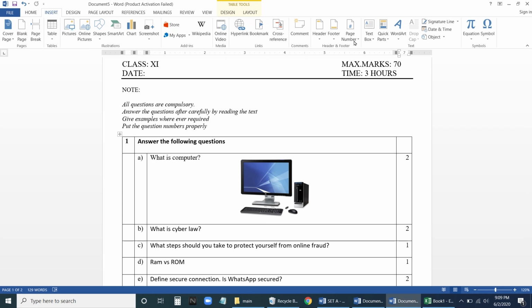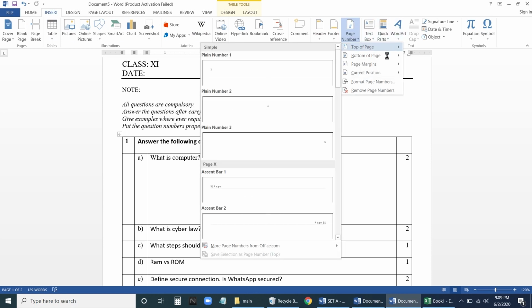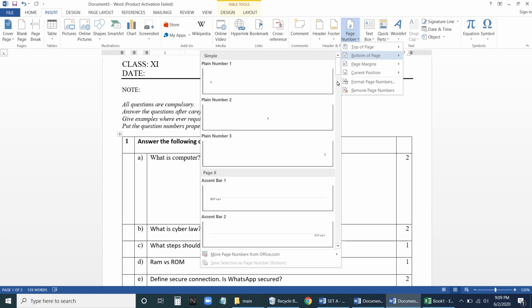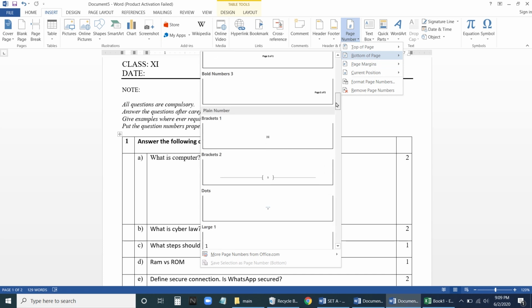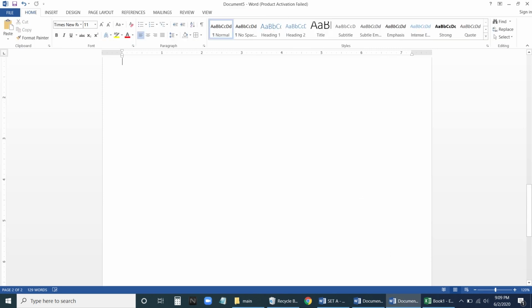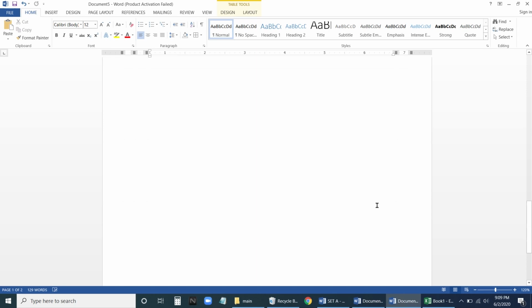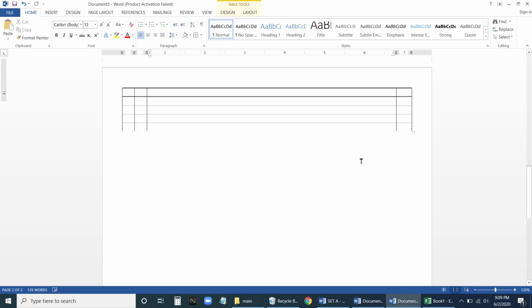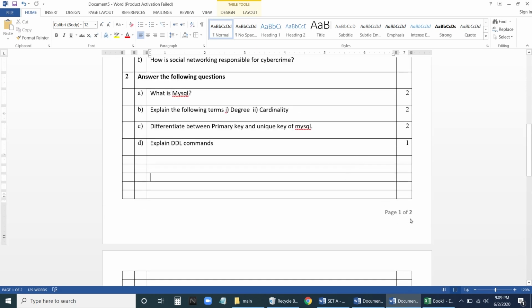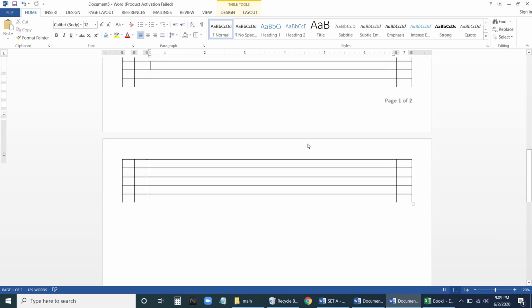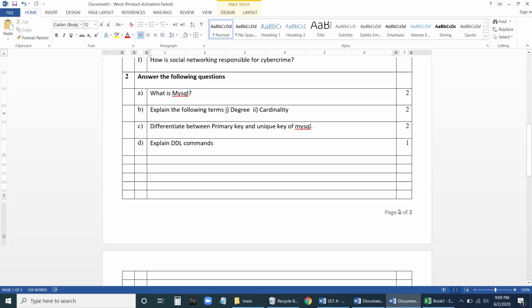Insert page number. See here, insert, then you can see here on this side, page numbers, bottom of the page, not top of the page, bottom of the page. Select this particular method only. It will be useful. Page 1 of 1 is there, select this one, and you can see this is page 1 of 2, this is page 2 of 2. So suppose if you have 10 pages, it will display 1 of 10, 2 of 10, something like this. Fine. Now this is at the bottom.